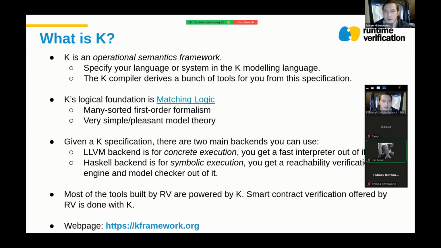You could specify your networking system or system of actors or something like that. People have defined all sorts of networking languages, software-defined networking languages for example, in K, and then done simulations of those using the K model checker. And then the idea is that the K compiler derives the formal methods tools that you would want from